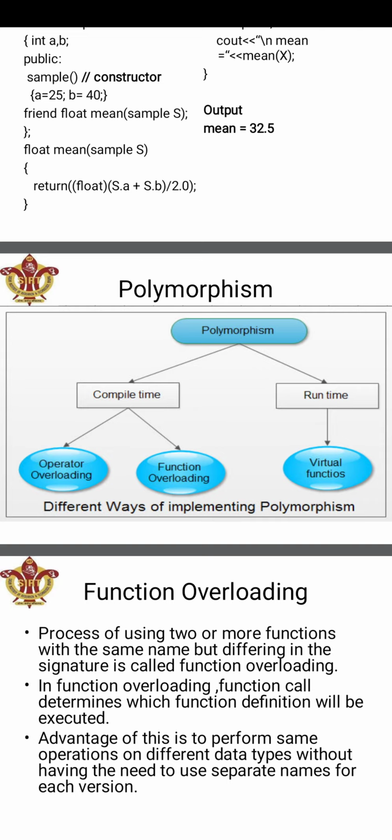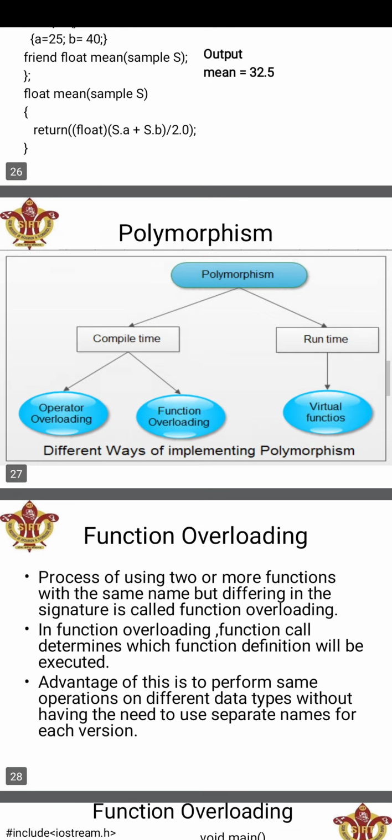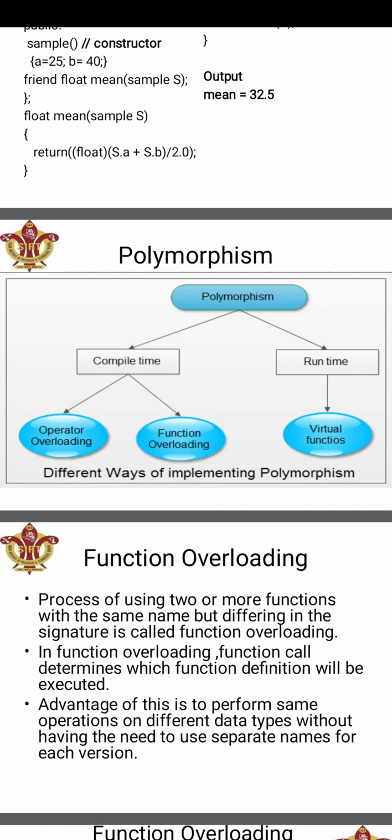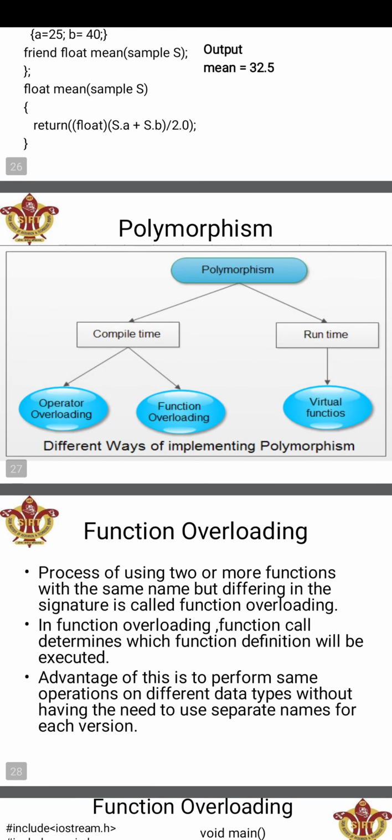It means, like, suppose I want to calculate the area of a circle, area of a rectangle, and area of a square. Whenever I pass the argument like radius, then it should execute the implementation which we have defined for calculating the area of a circle. If I am passing the length and breadth, then it should execute the implementation which we have defined for calculating the area of a rectangle, and so on.